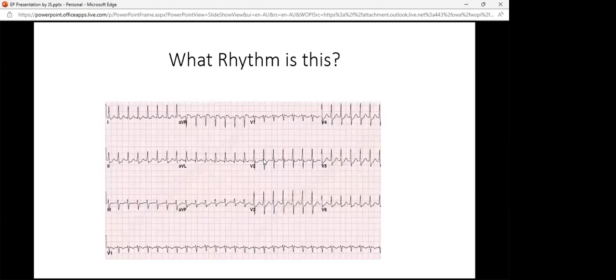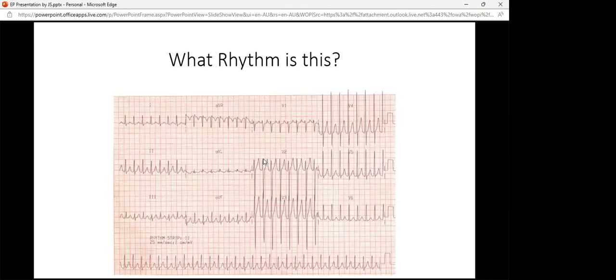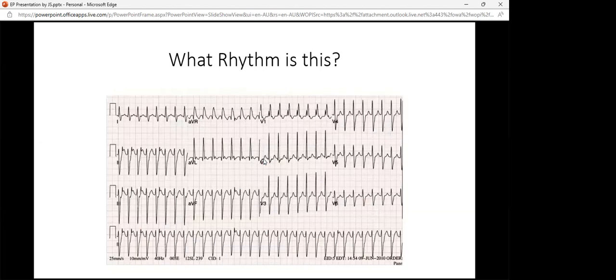So I'm sure over our careers, we've all seen many ECGs that perhaps look like this, a regular, narrow complex tachycardia, where we do our best to maybe try and diagnose what it is. But in hindsight, how much depth can we really go into when we're just looking at this type of rhythm? Here's another example. Again, it's a bit faster perhaps, but again, another quite narrow, regular tachycardia. And again here, although this one's perhaps a little bit broader, a little bit right bundle perhaps, but again, very similar,